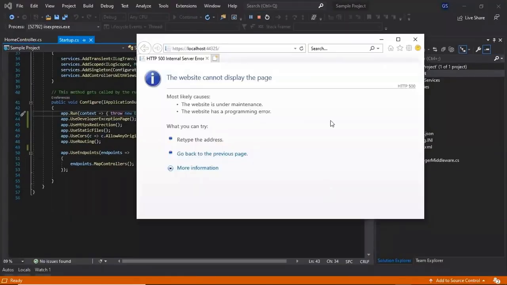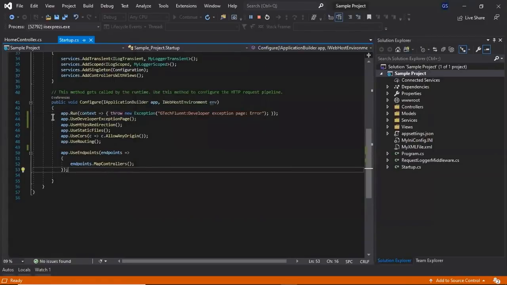If you notice in the browser, we are getting the same screen which we saw previously. This is because, if you understand how the ASP.NET Core request pipeline works, you might know the reason: we have added the developer exception page after the error occurs.